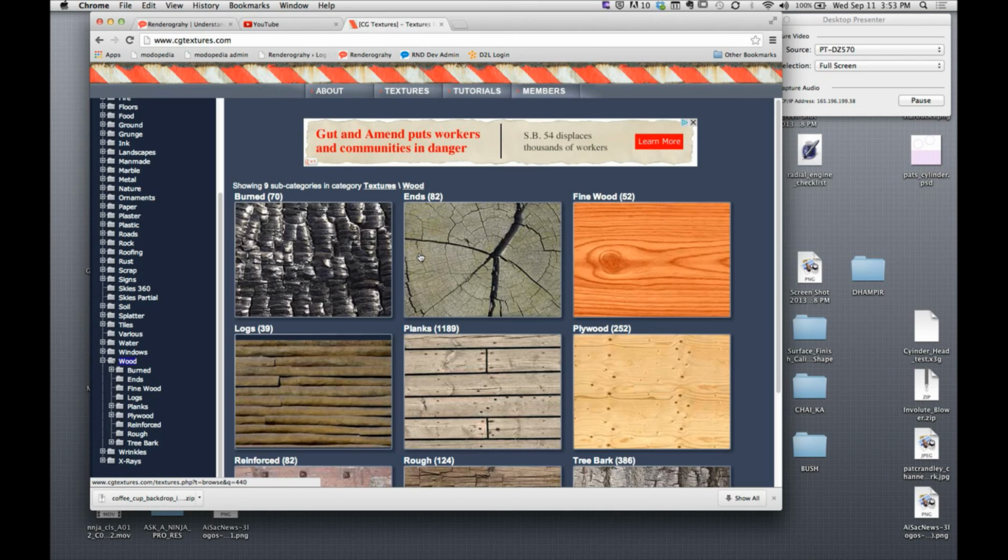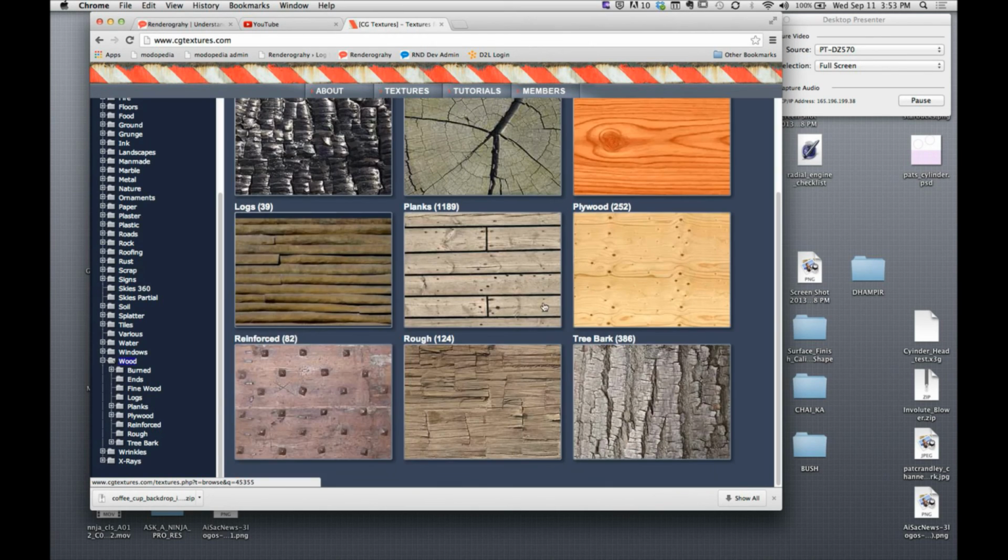Okay, so I clicked on the wood category over here on the left-hand side. And you can see all the subcategories. I want my little wine barrel, or my cylinder, to have that wood plank feel. So this is where I'm going to go. I'm going to find me some wood planks. This happened to have a category here of nothing but planks. So if we cruise through it,